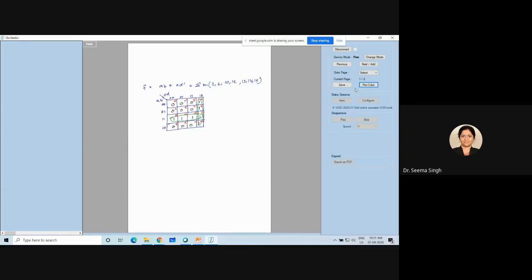Now, what is common in this and what is changing in this? See, whenever a row group comes, all the columns are changing. And easily I can quickly write A and B here. And when a column group comes like this one, all the rows are changing. So what do we have here is C and D bar. So what you can see here is I am getting back the same term.